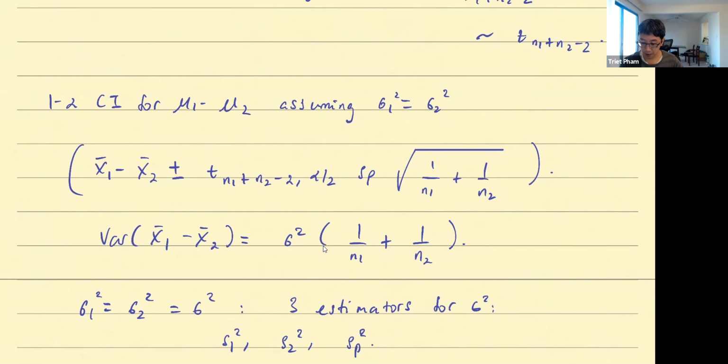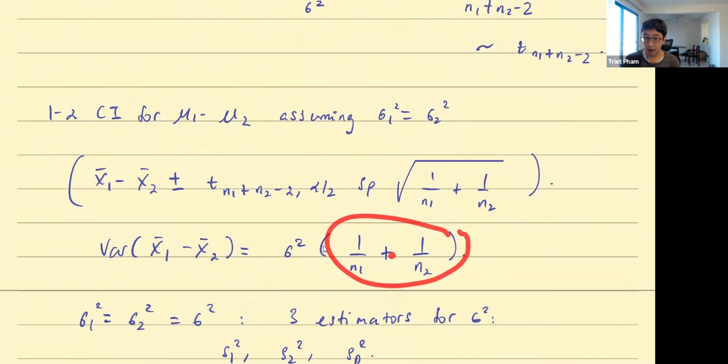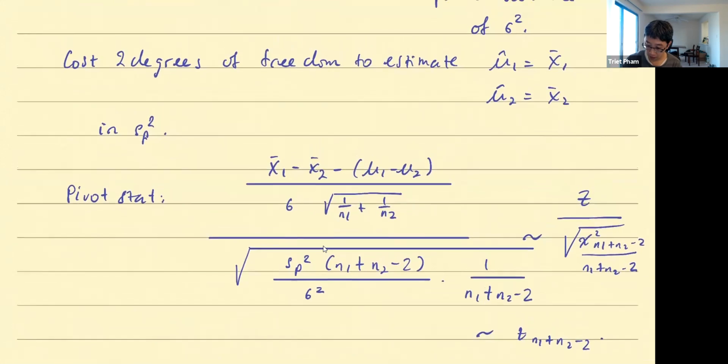Which object depends on the independence assumption? Right here is one, because if they're not independent, you need the covariance term. And even right here,